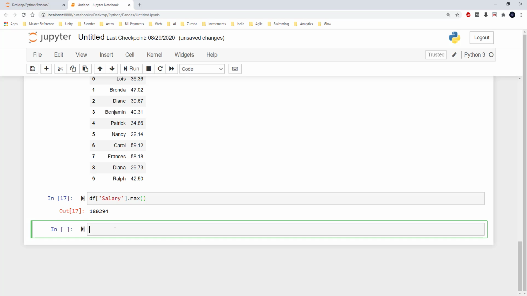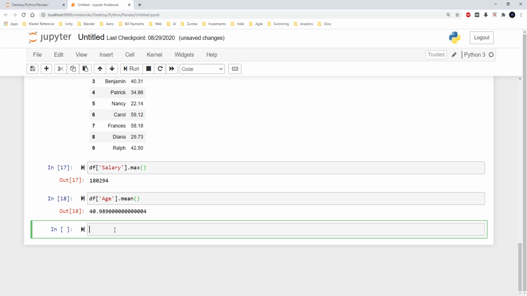So in order to get that, I can select the age, and then on top of that I can give mean so that I get the average age. So here in the data frame, the average age of the working group is 40.9. So likewise I can also use minimum to find the minimum value of certain columns that we are interested in.